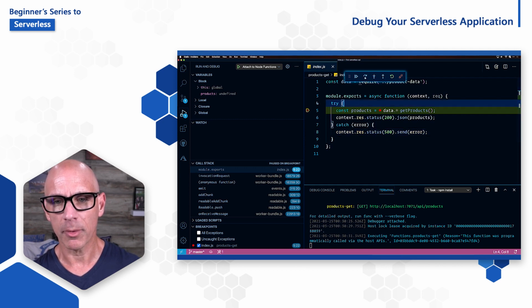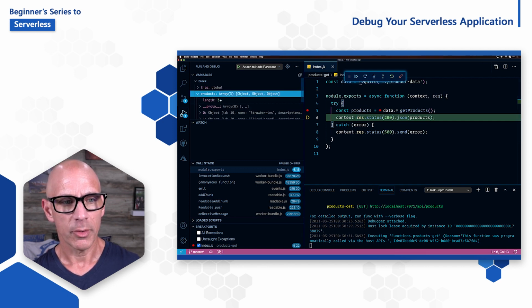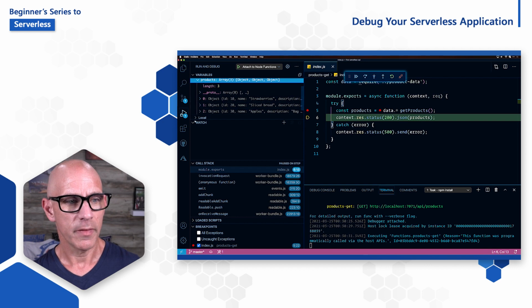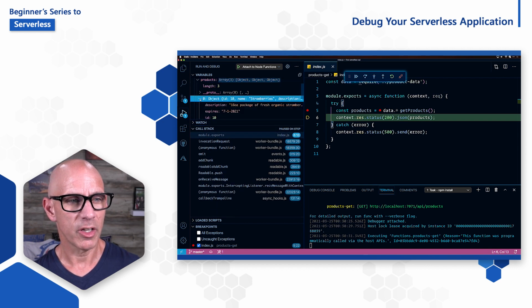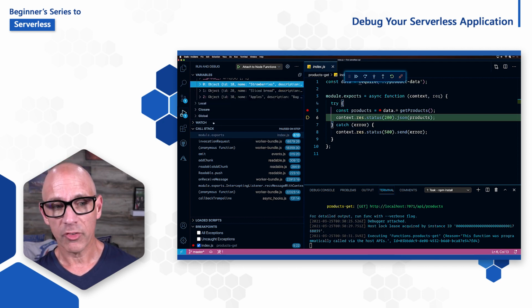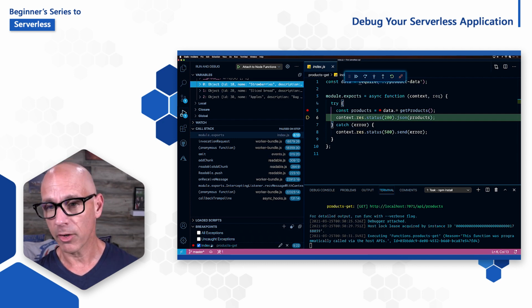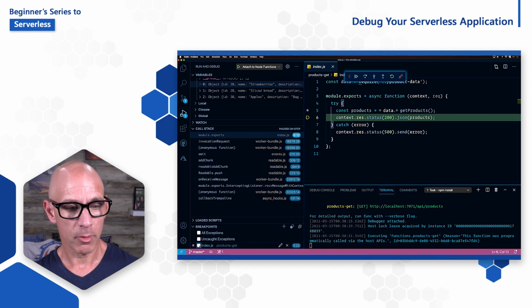Now, if I step over, the products over on the left has an array of 3 objects. So here is my array of 3, and then if I close down the watch, we can see that we've got an object, and there are our fresh organic strawberries right there. We can also set up watches if we want to. We've got a call stack, and we've got scripts that are loaded, as well as breakpoints, which we can either edit or delete, or just disable by unchecking the box right there, and then it'll turn gray.